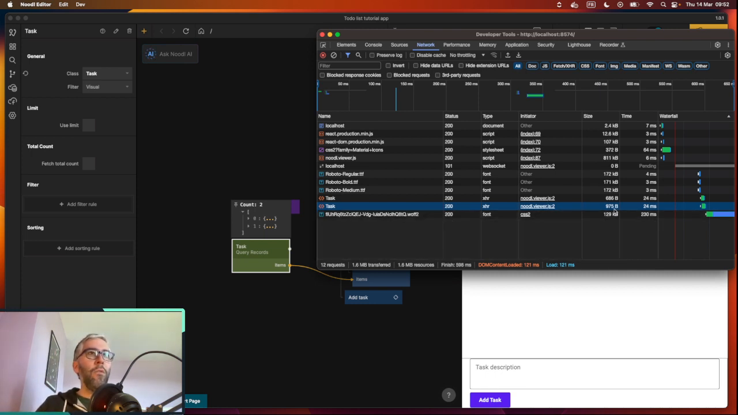So loading the font files and loading the basic Noodle files, the runtime that's required to change what you've made in the editor into a React front-end web page. So all of these things add up, and it means that when your user's clicking on something, they might have half a second to wait before they see the result. And if all of your users are clicking on these things and they're all having half a second to wait,